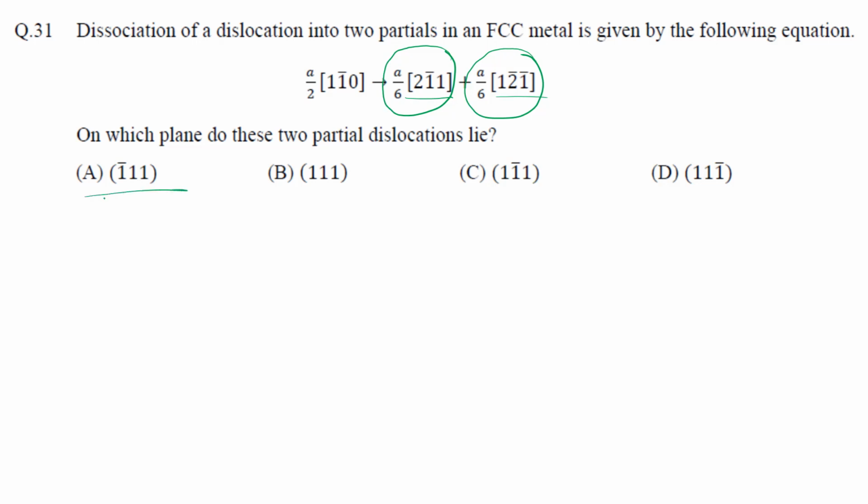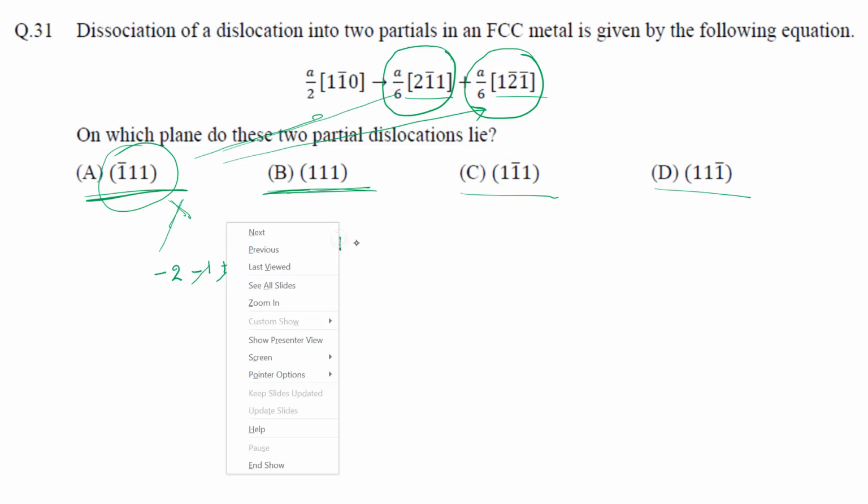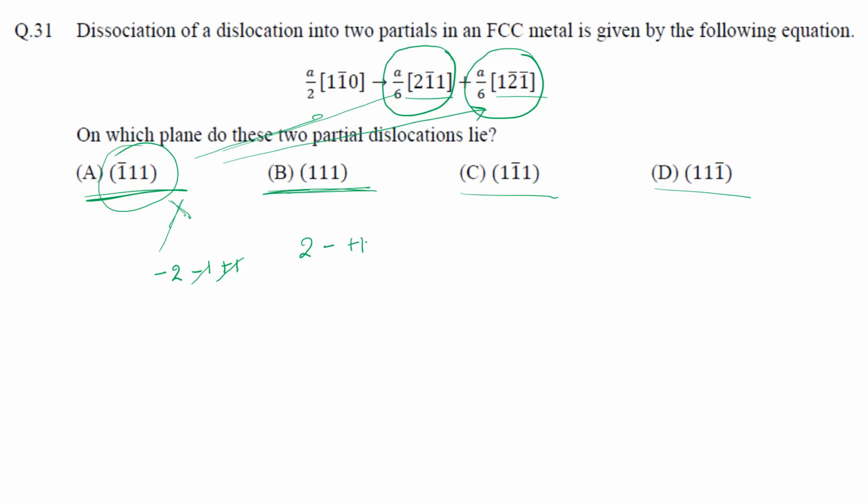So we will use the method of eliminating the options. We'll first see for the case of this. We will do the dot product with this one and see whether it is 0 or not. You see the first one, it will be minus 1 minus 2, then minus 1 plus 1. So it is minus 2. So this is not the correct one. Let us see for B. So 2 minus 1 then plus 1. No. So here it will be remaining 2. So this is also not the correct one.